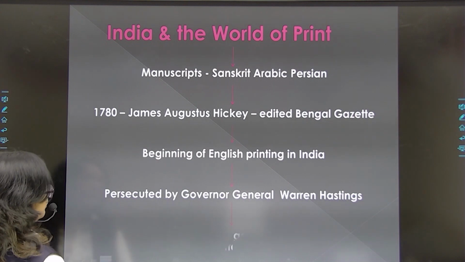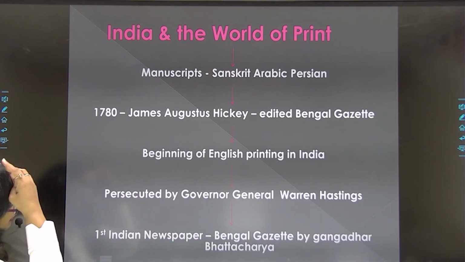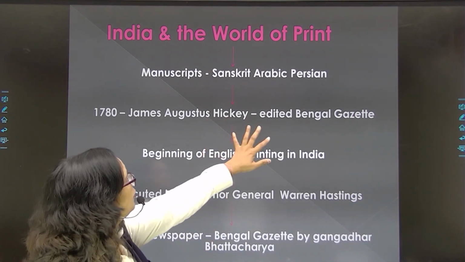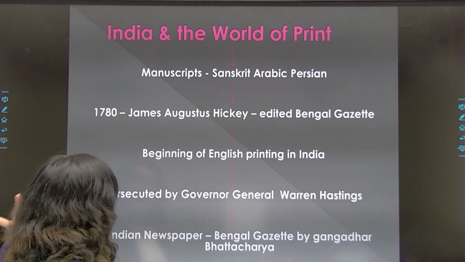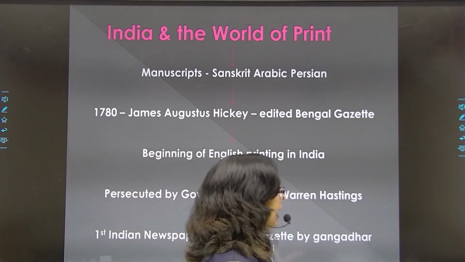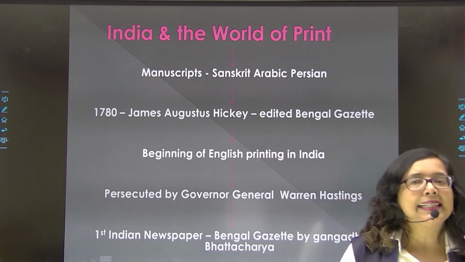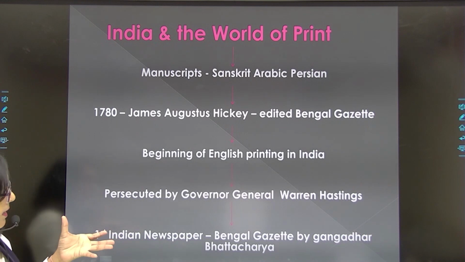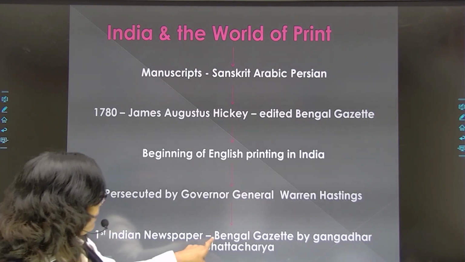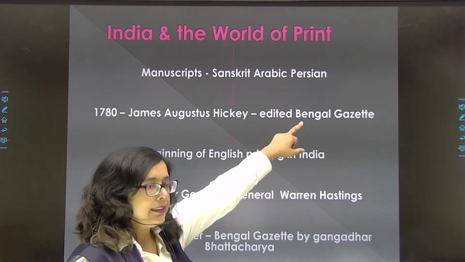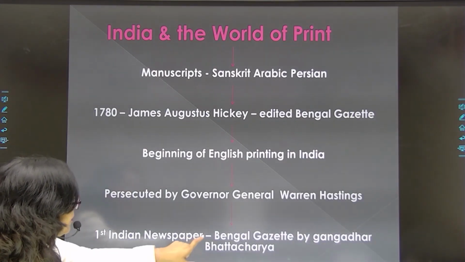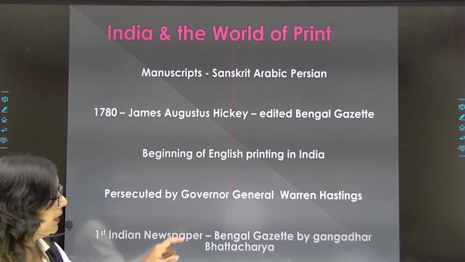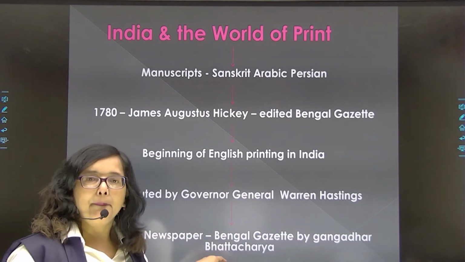Okay, then you know that this was the beginning of English printing, by the Britishers. If we talk about the first Indian newspaper, that was also known as Bengal Gazette, and this was edited by an Indian, Gangadhar Bhattacharya. So kindly remember, this is Bengal Gazette, a magazine edited by James Augustus Hickey, and this is Bengal Gazette, an Indian newspaper edited by Gangadhar Bhattacharya. Okay, then